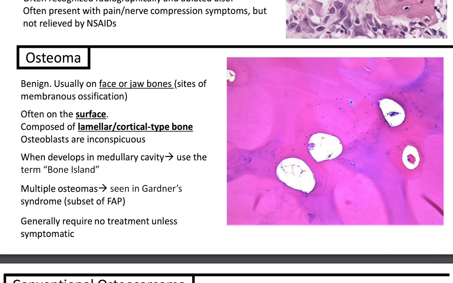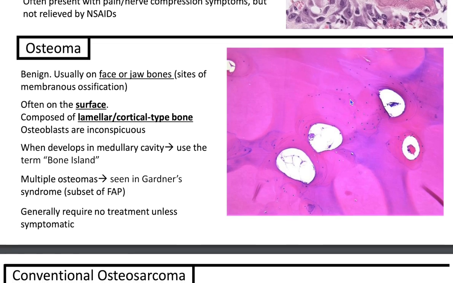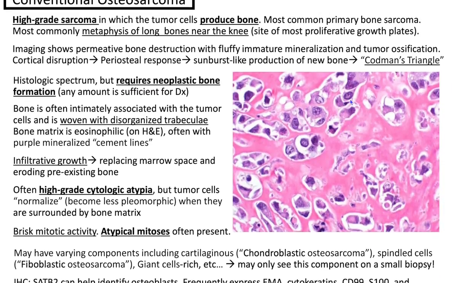If you see multiple osteomas, think of Gardner syndrome, a subset of familial adenomatous polyposis, which is due to a 5q21 deletion or mutation, and generally requires no treatment unless it's symptomatic. All right, let's go to our